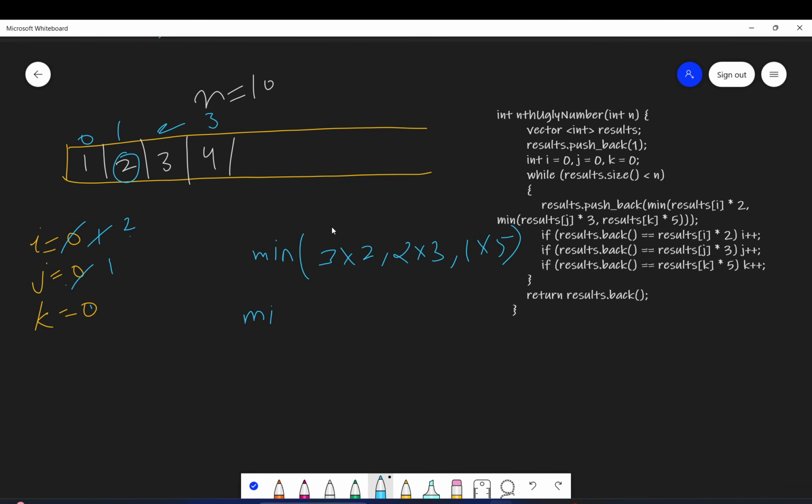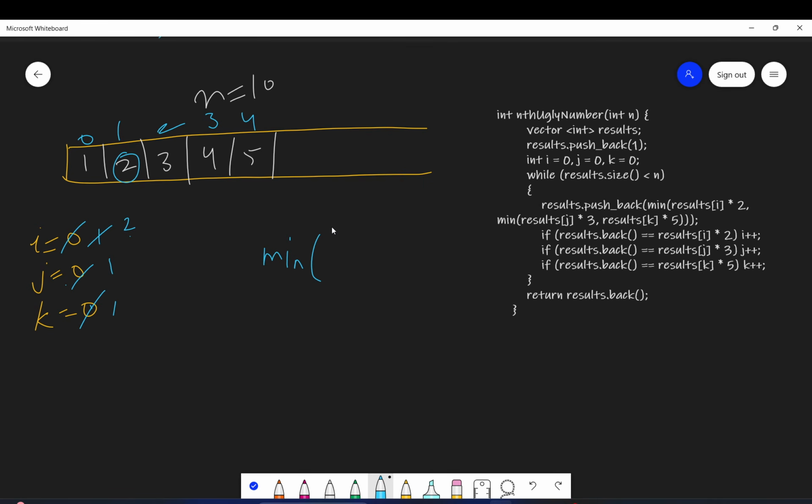So this will be the minimum of 6, comma, 6, comma, 5. So this 5 is the minimum. So here 5 will be added, and k will be incremented because this was 5 and it was at the back. This one. Okay, so we will move further. Next iteration.